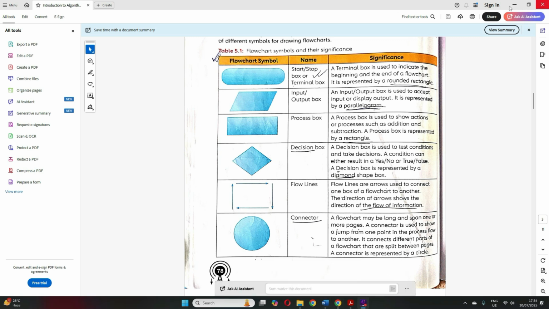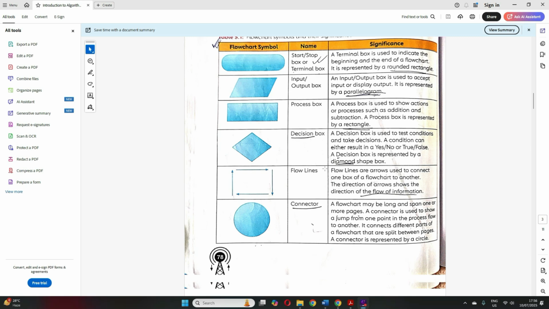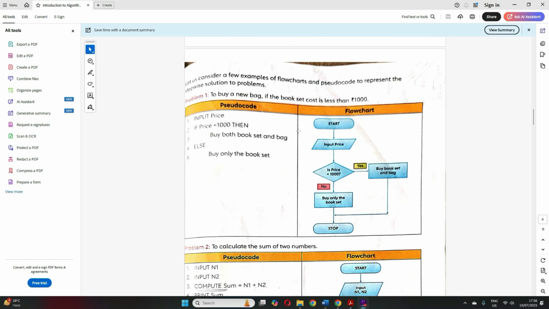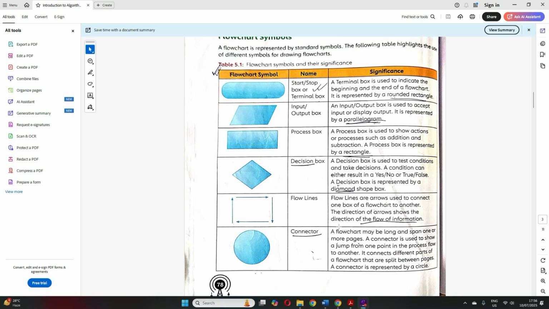Just for an example, I'll show you: the first step in any flowchart will be start and the last step will be stop. Now this start and stop is enclosed in a rounded rectangle. We call this a rounded rectangle, and the start and stop box is also known as a terminal box.